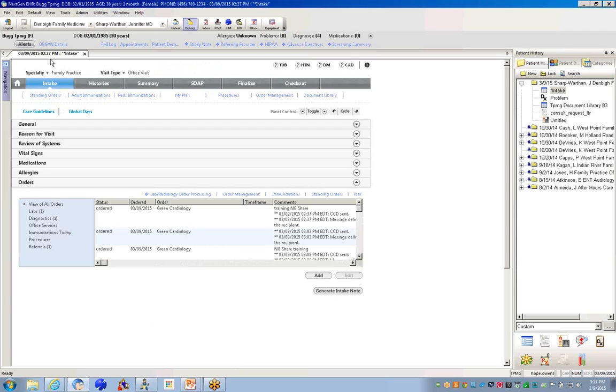So you can access the referrals order template from the My Plan, the intake template, and the checkout template just as you did before. Search and select the recipient from the provider directory. The first step in sending a direct message through NextGen Share is to search the provider directory to locate your intended recipient. You access this directory right from the referrals order template and can search providers by location, name, organization,